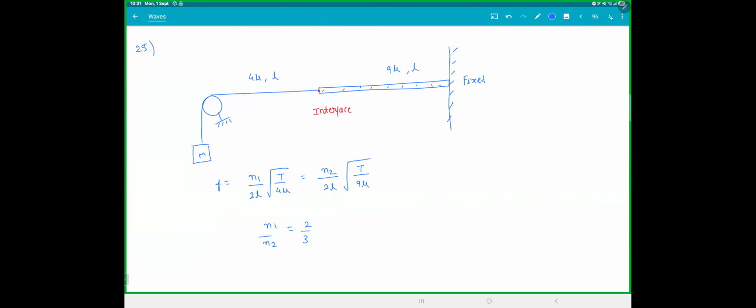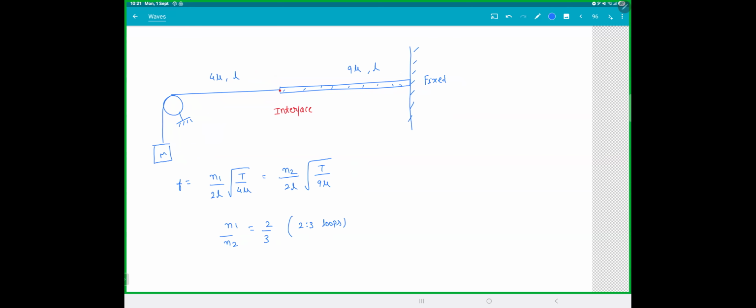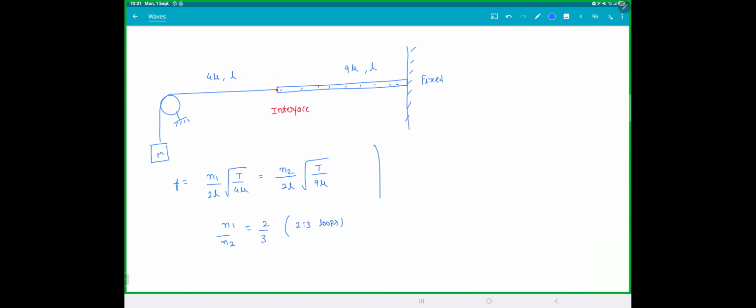So what is the meaning of this? The meaning of this is whenever you get stationary waves, the loops should always be in the ratio of 2 is to 3 loops. You cannot generate whatever number of loops you want. Now there's a restriction. So the first harmonic of this system